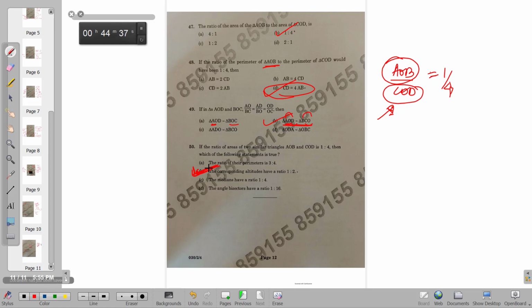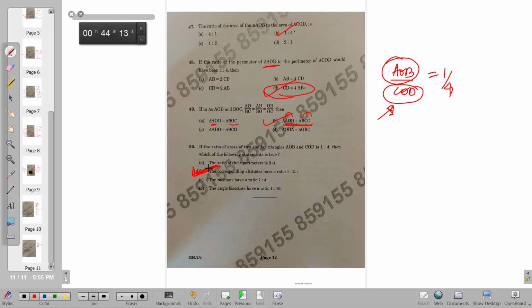So that's it. I have solved the complete paper with 44 minutes to spare. So my analysis of the paper is, if you were strong with your concepts of each chapter, it was not a lengthy paper. And there are ways to do each of the questions in a short manner, as I just showed you. So it was important to figure out that short way.